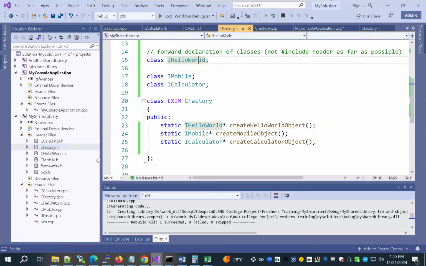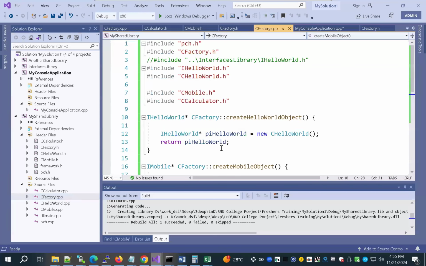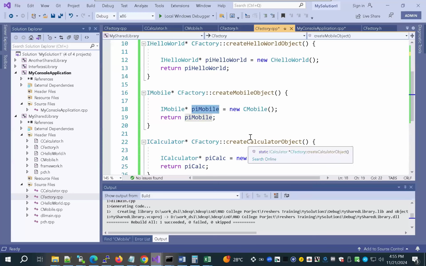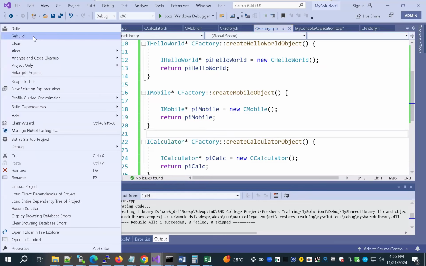But C factory.cpp, if I take it here, has pi hello world coming in here and new C hello world. You've got the C mobile, C calculator included, and do you have C hello world included? We don't really need, I think, I hello world and iMobile are not needed. Though there is a reference to it here, it won't give any compile error. Hopefully, let's see that. I've saved it, and then if I again recompile this,